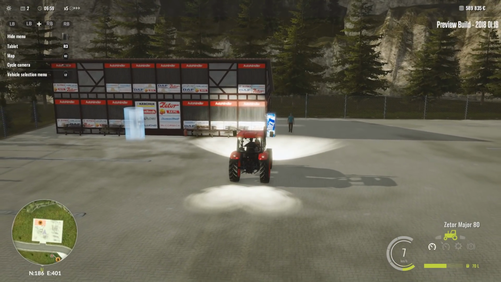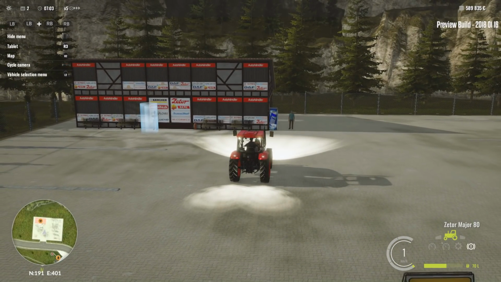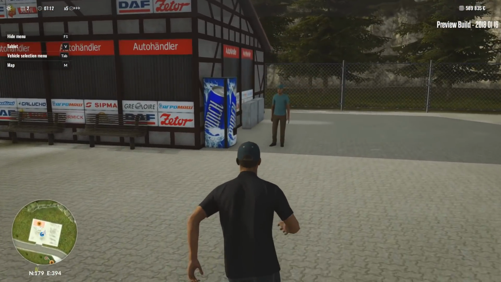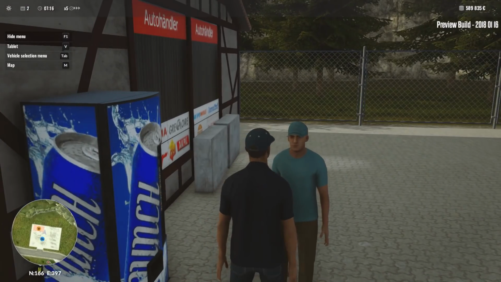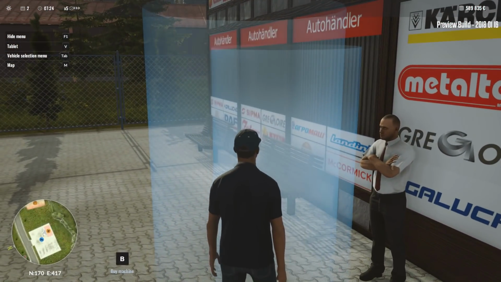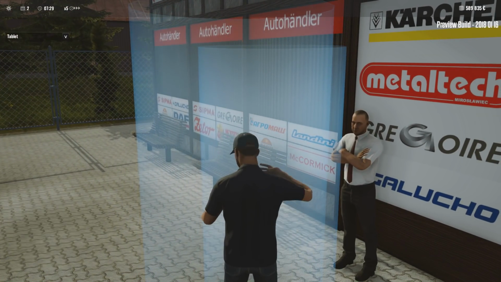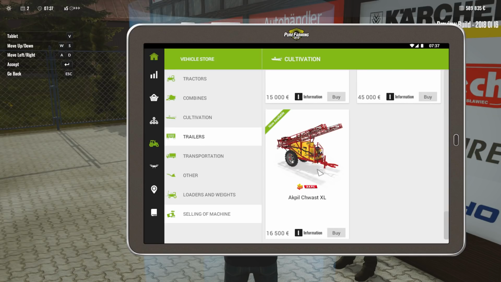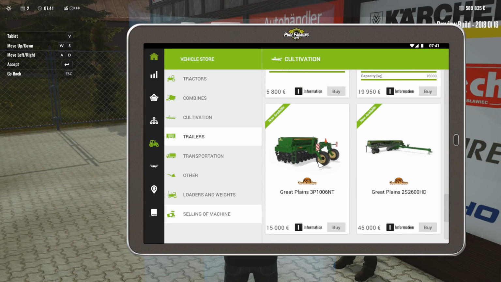There's our sales rep. Let's get out, talk to the sales guy. What's up, fellas? What do you do? What's your name? Your name's Chunk. He just stands there. Buy machine. I got some money. Let's see, we are going to buy...